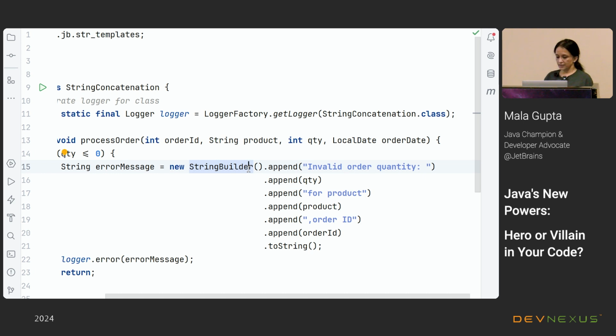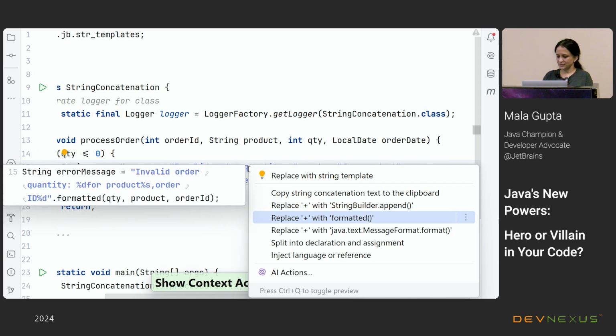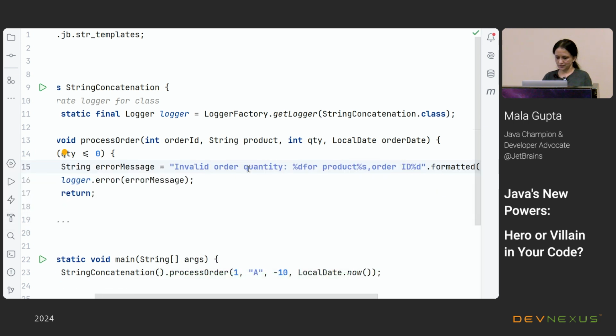That looks neat, but again, I'm not able to figure out if there's a missing space still, right? Is that visible or not visible? Okay, let's see what other options we have. I could replace the plus operator with the formatted method call.